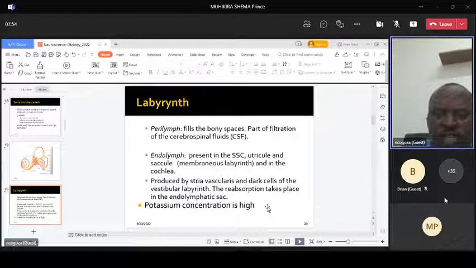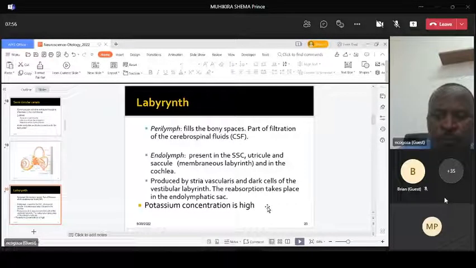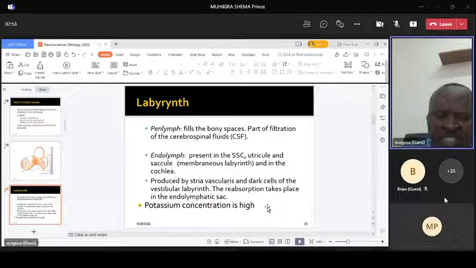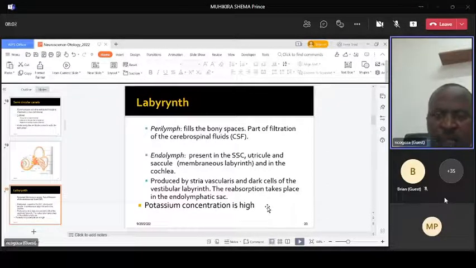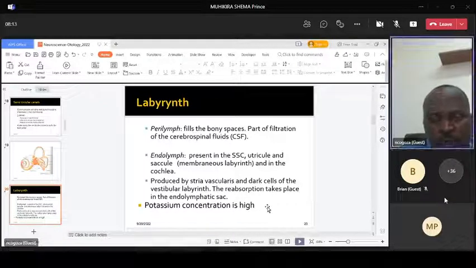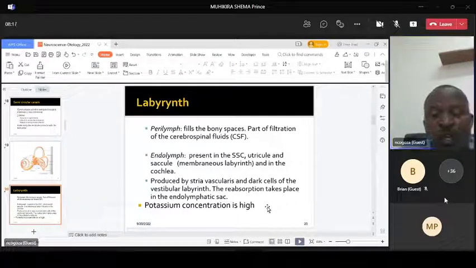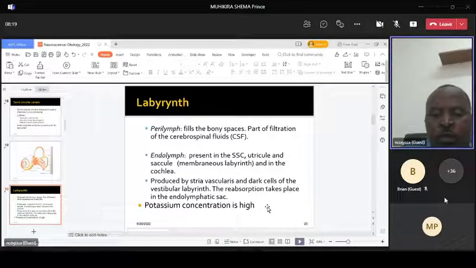Perilymph is like CSF, cerebrospinal fluid. The inner chamber in the semicircular canal, the utricle, and the cochlea is filled by another fluid which is called endolymph. So the perilymph is produced from the CSF, and the endolymph is produced by what we call the stria